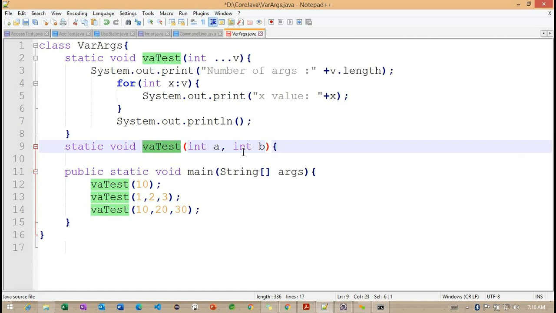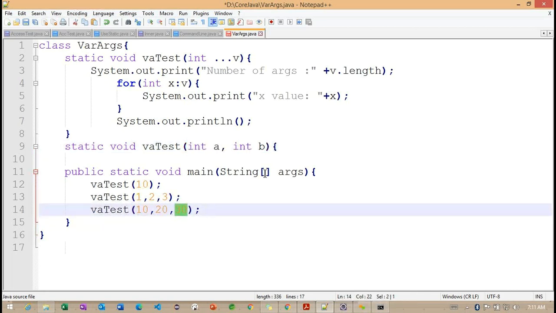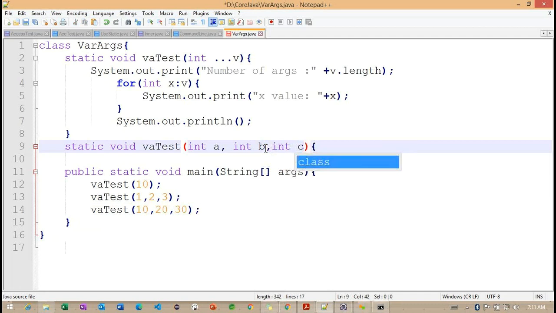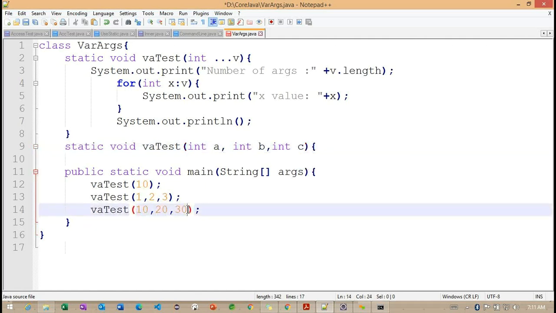The compiler cannot find the three-parameter method, since we only have two parameters here. So now if I want to add this parameter, what do I need to do? We need to define one more parameter here. Based on this increment in parameters, we need to add to the method parameters here.